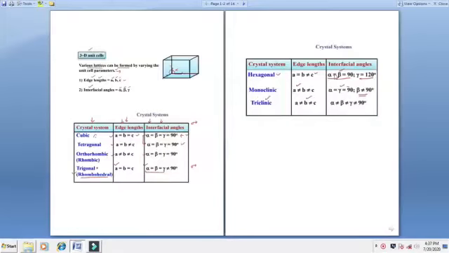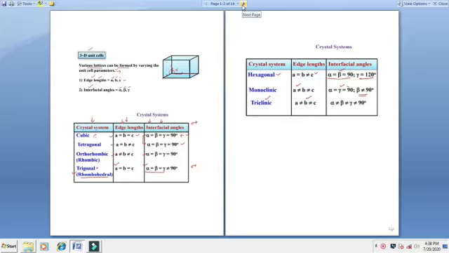Gone through my previous video, and today we will continue further with the chapter solid state. Children, we have already studied about the crystals and the unit cell. Now today we will be studying about three-dimensional unit cells. Now the various lattices can be formed by varying the unit cell parameters.